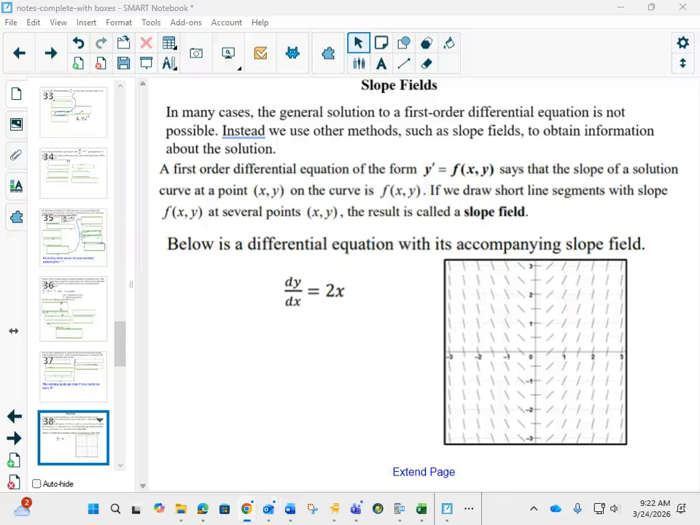So the problem with integration is sometimes it is so hard that it might not be possible given what we know. So it says in many cases, the general solution to a first order differential equation is not possible. So then we use other methods like slope fields to obtain information about the solution. So what we're going to find out here is we can graph a basic idea of a solution, even though we don't know what the equation of that graph is